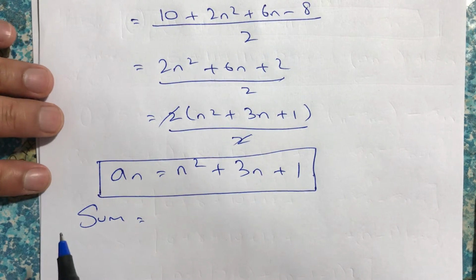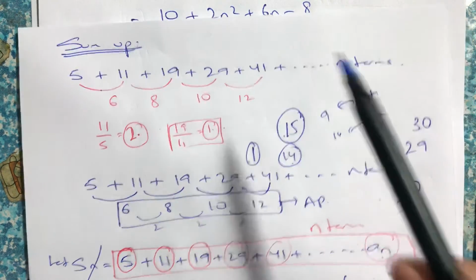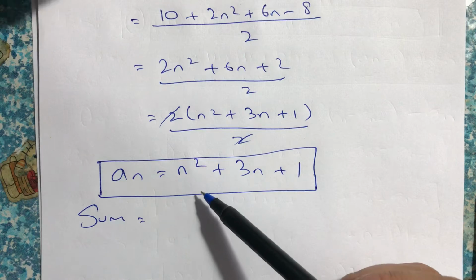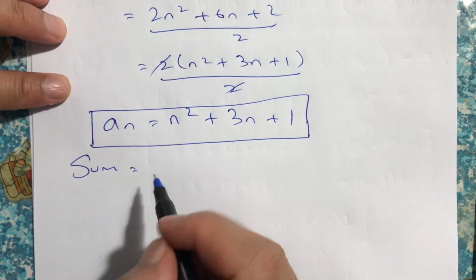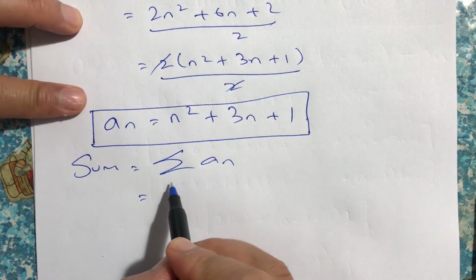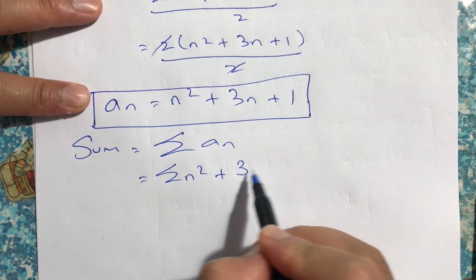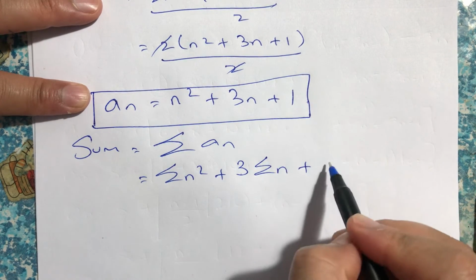Because the question does not mention find the term. It says find the AN term. It says find the sum of the series. So first we find the AN, and then the sum formula is summation of AN, and then summation AN means, indirectly, summation of N squared also, and the 3 constant comes out, summation of N plus summation of